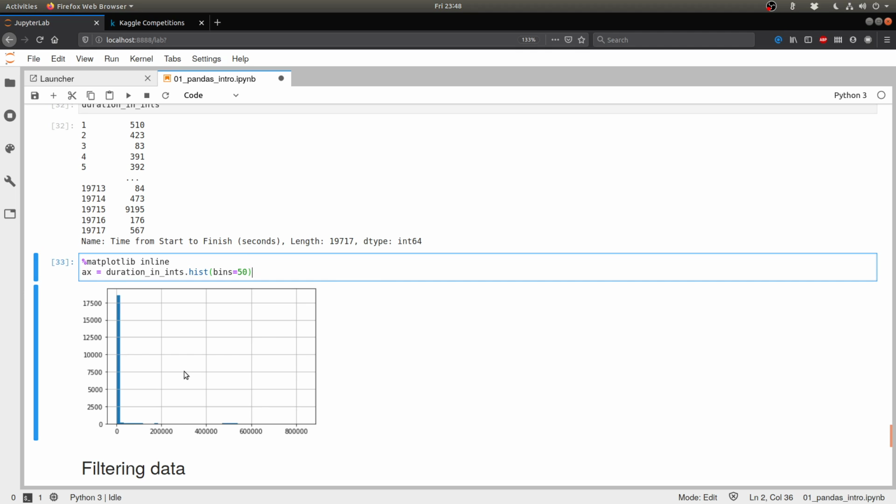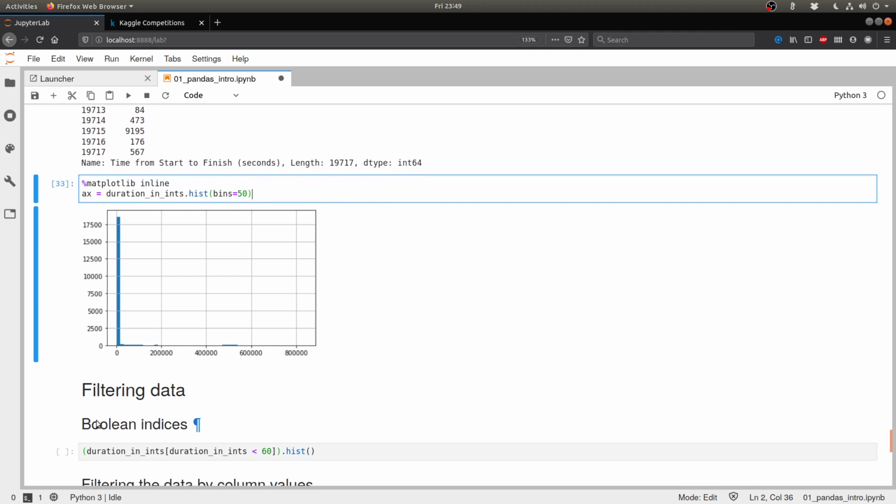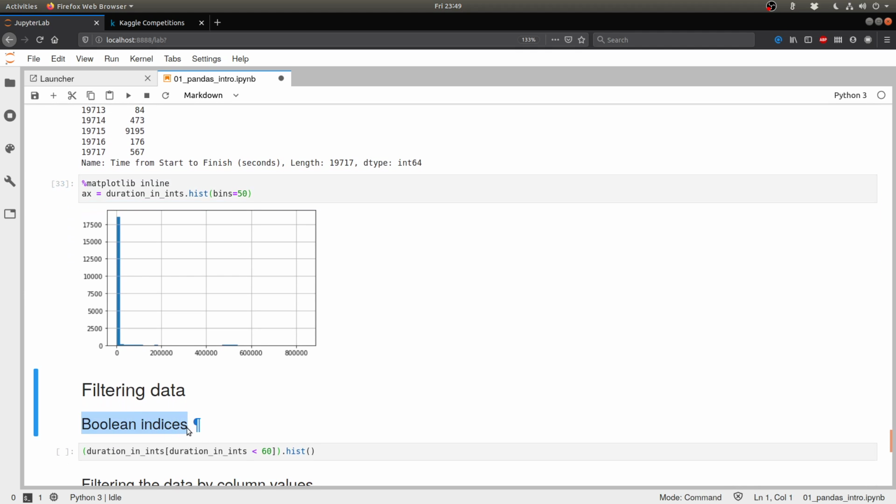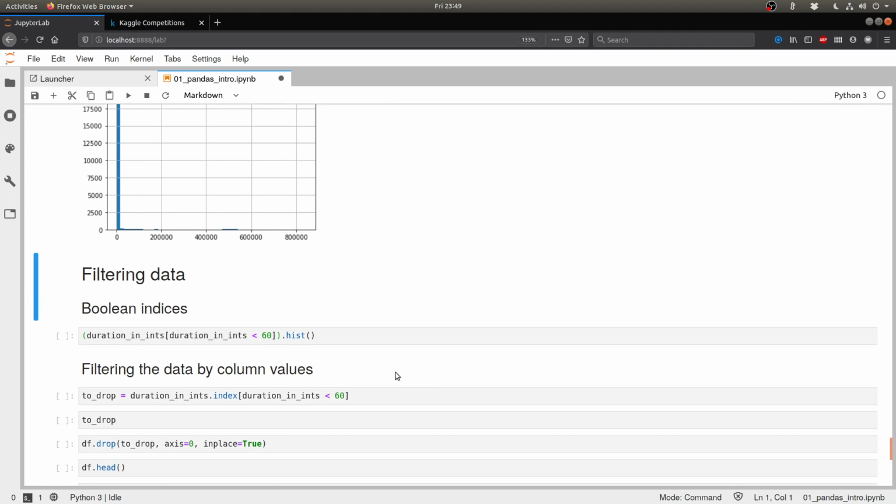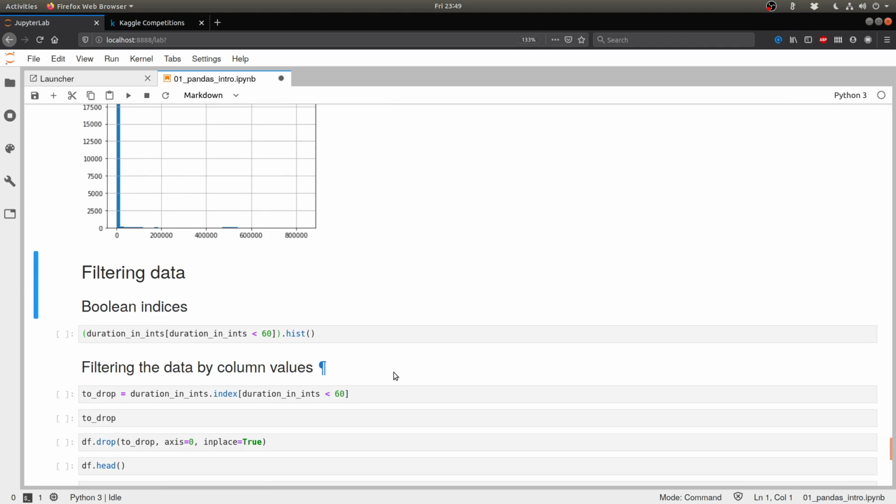In order to see a little more clearer histogram, what we're going to do is filter the data along this axis a little bit and look at the histogram when we have a smaller range of numbers. So as we know, we can do the filtering with Boolean indices. If you remember how we filtered the name of Emily from the earlier example, we added basically a logical condition like a double equal to operator, and it returned a bunch of true and false values, and we use those true and false values to pick rows from the data set, right?